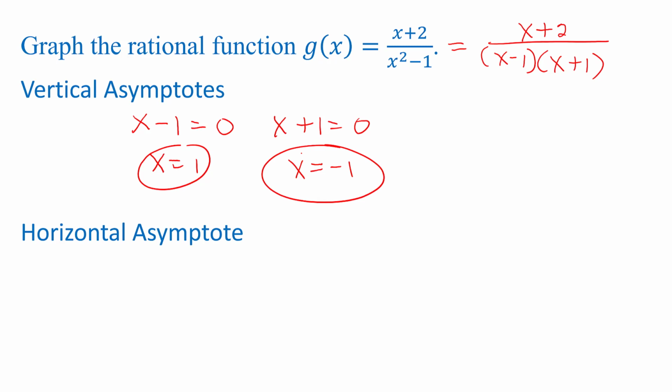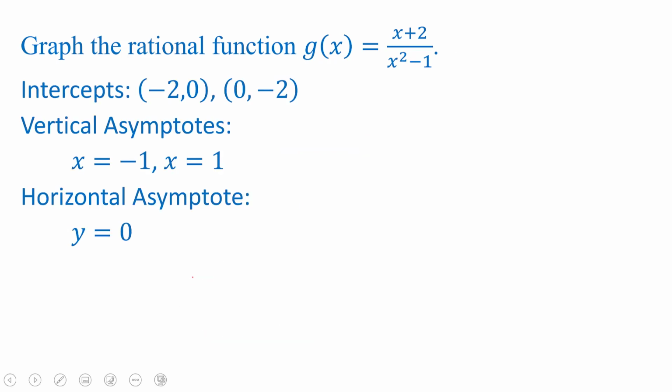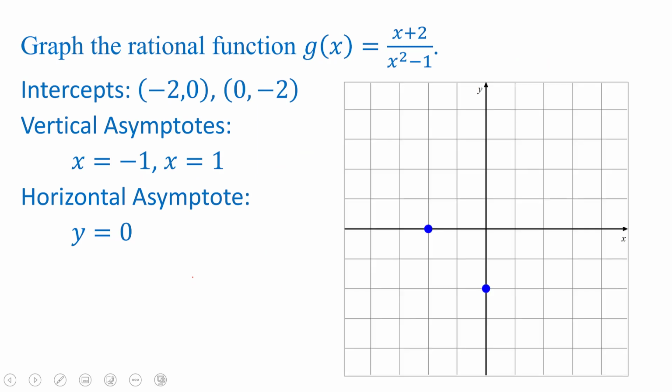Horizontal asymptotes: the degree of the numerator is 1, the degree of the denominator is 2. Since the degree of the numerator is less than the degree of the denominator, the horizontal asymptote is again y equals 0. Okay, so graphing this rational function, we start by plotting the intercepts of negative 2, 0 and 0, negative 2,